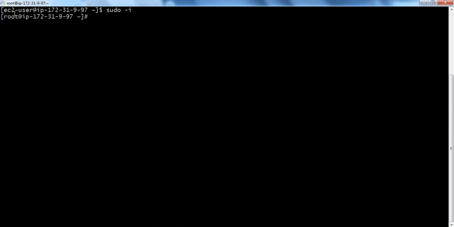Okay, you will come to root. Root will have all the privileges, guys, just like a king in an empire, whereas the EC2 user is just a normal user, a normal public. So now what we will do, we will download the